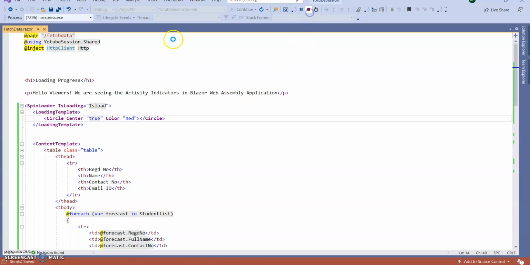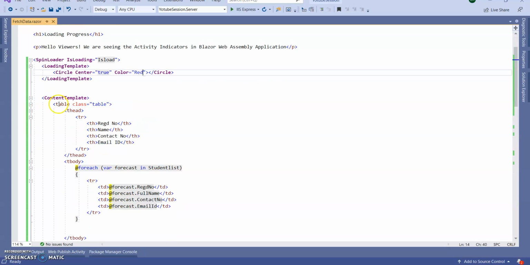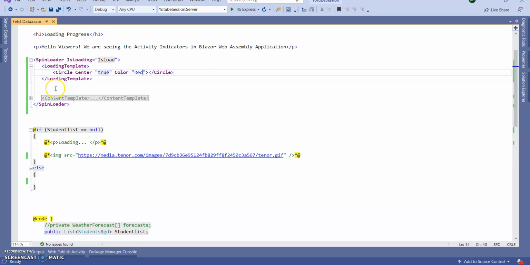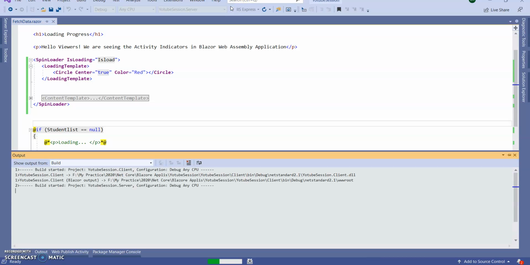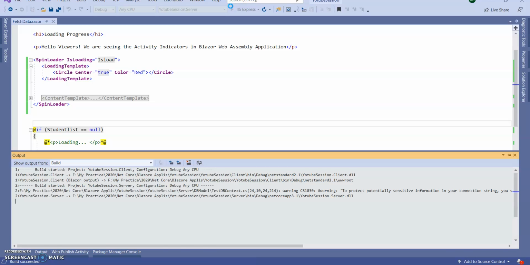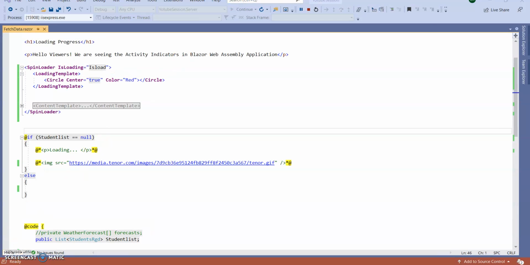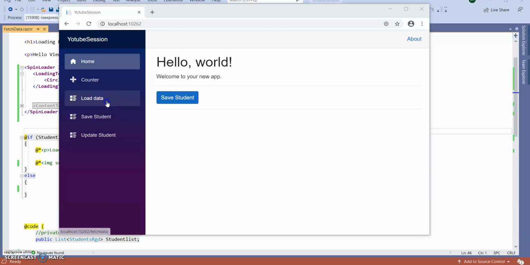Now run the application again. This SpinLoader component takes two parameters: the LoadingTemplate and the ContentTemplate. Now run the application. Click on load data.